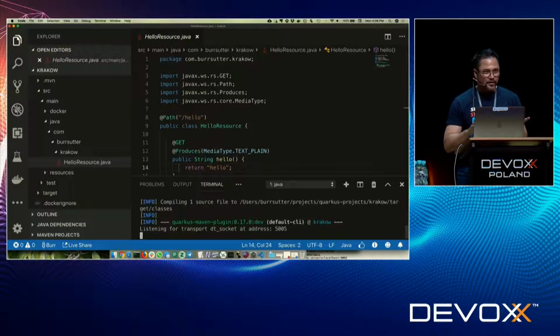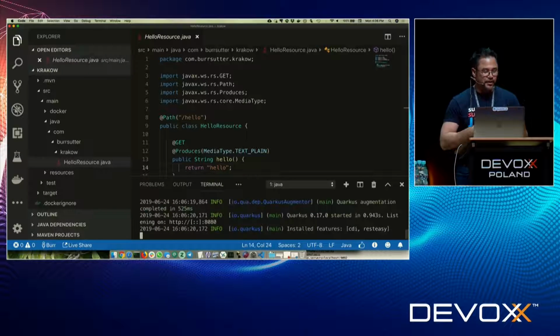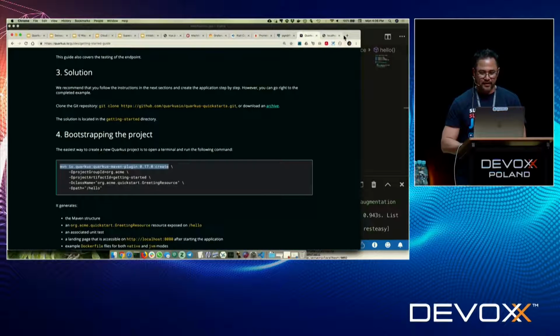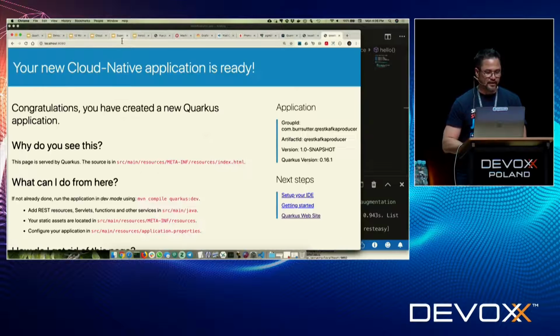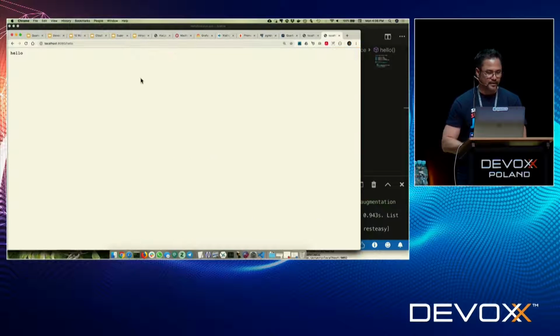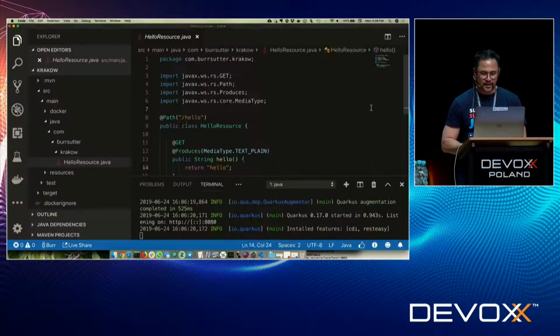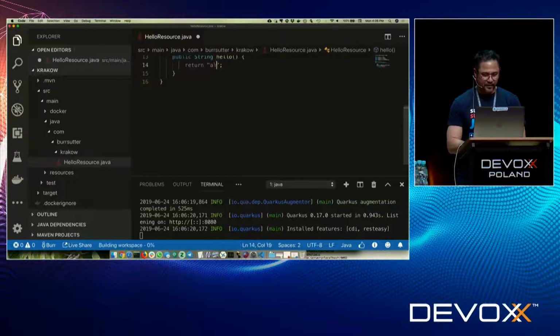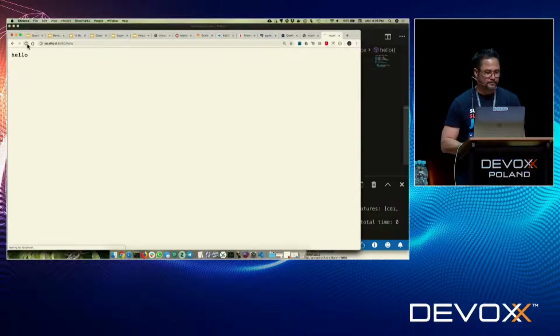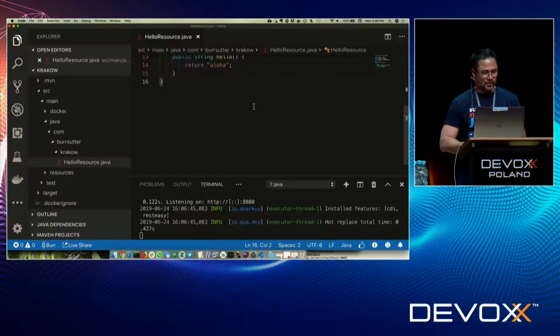The reason this is important is if you're familiar with Node.js, this is the Node.js development model. I can now bring up my browser, go to localhost 8080, and I have this hello endpoint that was added. There it is, hello, no big deal. If I modify it and make this aloha, hit save, all you do is edit, save, refresh. And it dynamically reloads what it needs to ensure that you have the most recent representation. It does require the save in order to get the refresh to work, so don't forget to save.